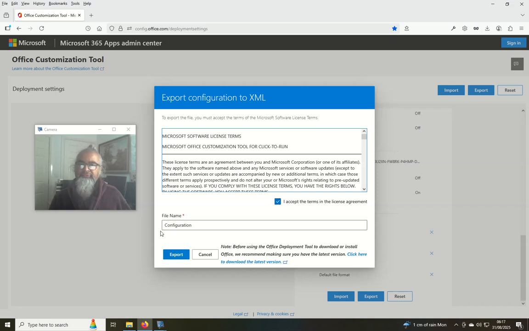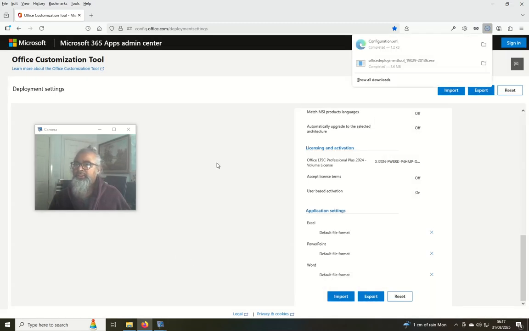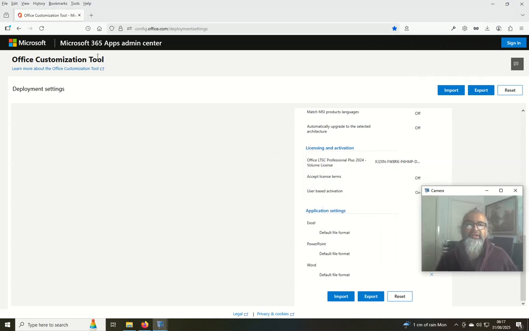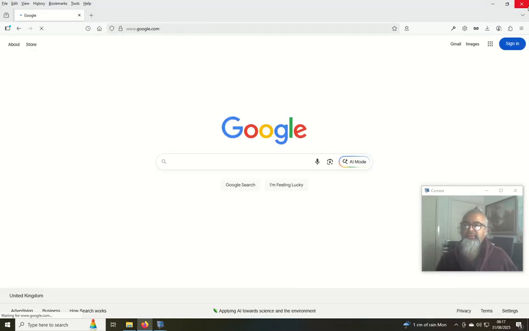agreement. File name, we're going to keep it the way it is, configuration. So it's actually a configuration XML file, and click export. So now it's gone, so it's downloaded that configuration XML file. That's cool. So now we can get out of Firefox, so we don't need the browser anymore, so get rid of